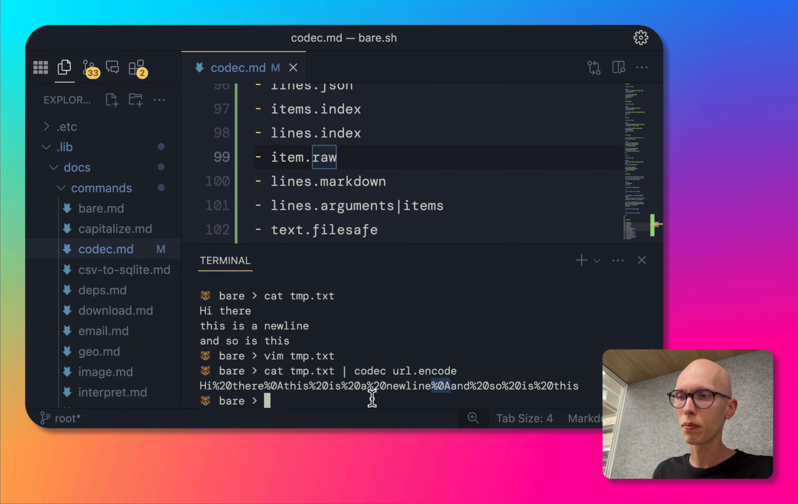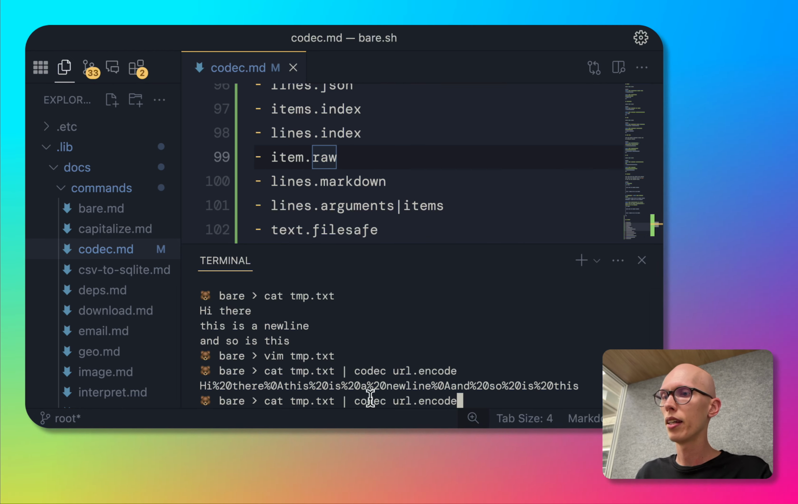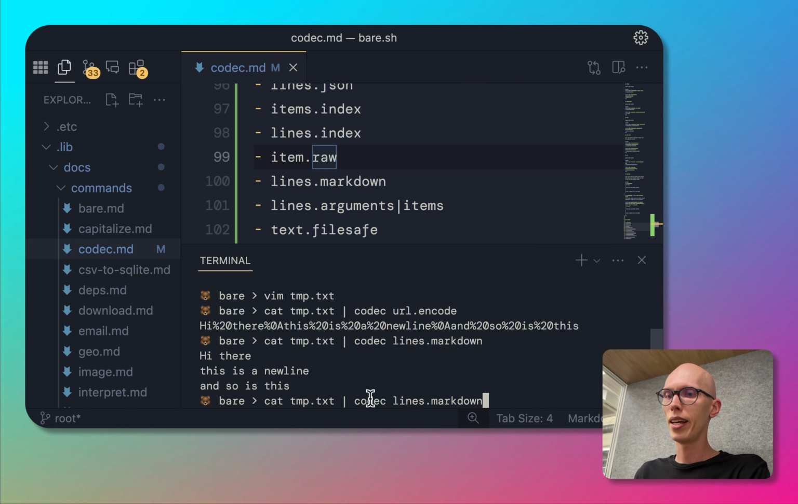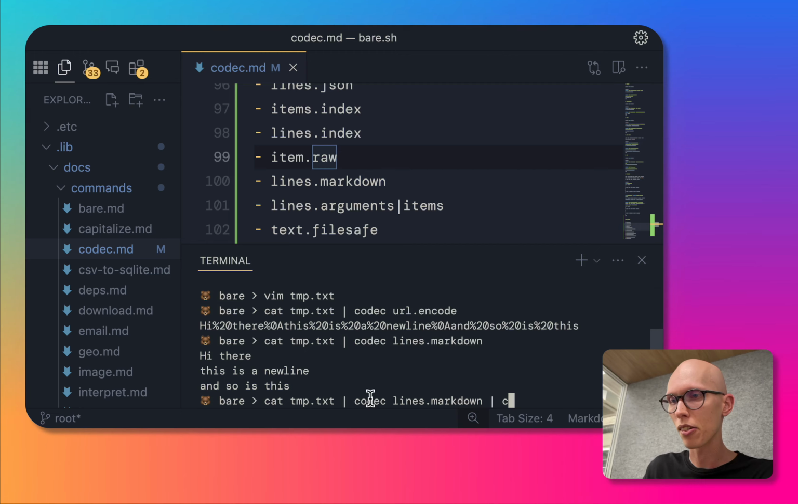Immediately after the word. If we instead pipe this over to codec lines.markdown, right? It looks the same, but to a markdown renderer, this thing is now going to have actual line breaks. And how we can, again, analyze this is saying codec